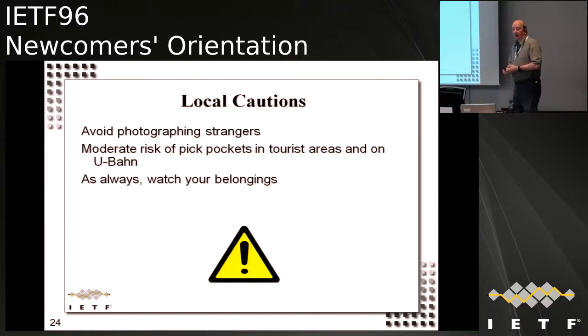Okay, local cautions. We're in Berlin. It's actually a fairly safe place, not a big thing. The one thing that's somewhat unusual about this area is something that you do want to pay attention to. Please avoid photographing strangers. If you're photographing a crowd at a distance, not a big deal. This tends to be one of those things that is a local issue. Some pickpockets in the tourist area in the U-Bahn, nothing worse than you've seen in most other locations and not as bad as other places we've been. Please watch your belongings. If you're wandering out, don't put them down and expect them to be there if you come back. So just be aware about that.